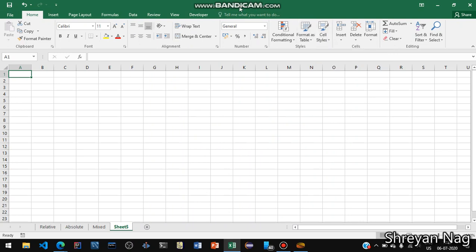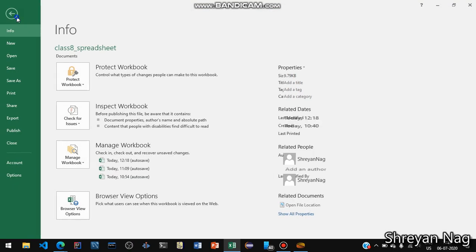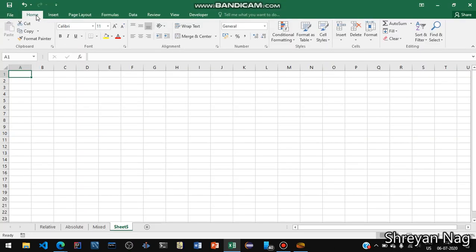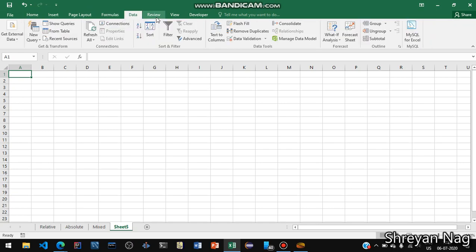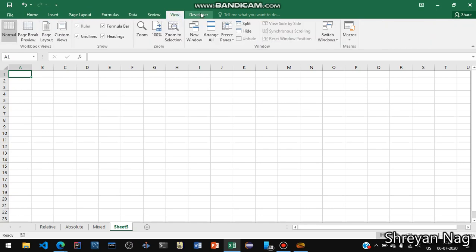Now look over here, the place where it is written class 8 underscore spreadsheet dot xlsx dash Excel. This is called the title bar. Then File, followed by Home, Insert, Page Layout, Formula, Data, Review, View, and Developer.